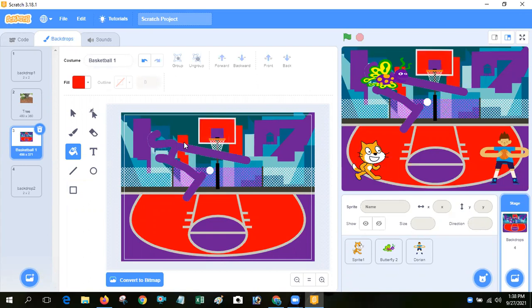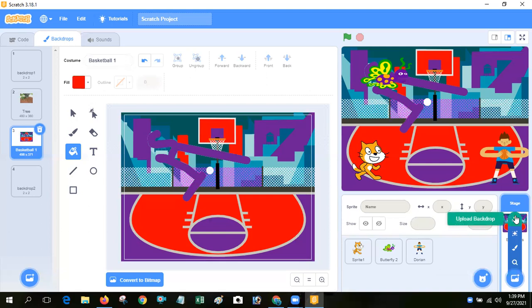So it's called edit backdrop. That means you can add new color, increase your backdrop, different of your choice. Next you can see upload backdrop from file. Upload backdrop from file. Just click it and upload.